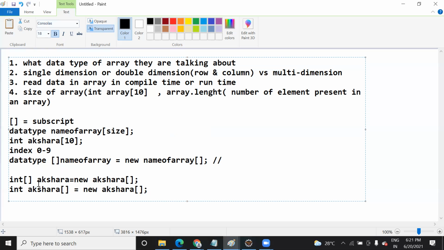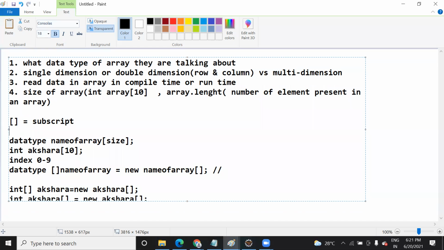Both are valid. I hope it is clear to you how you define an array. So we have seen here how you declare an array.